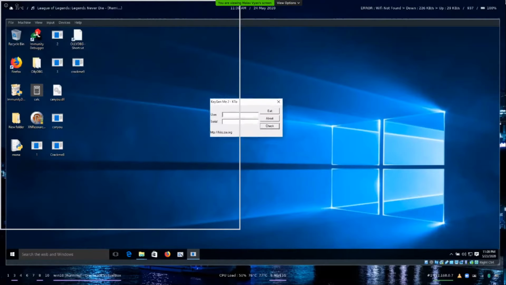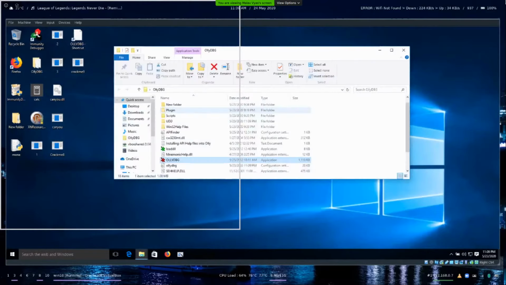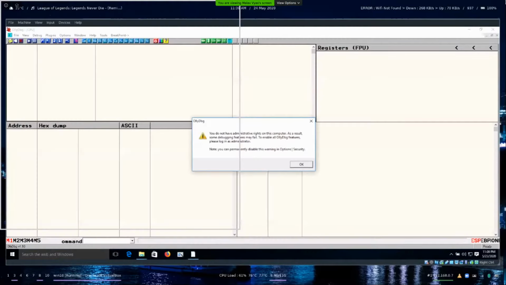It takes both user and serial. Check. It doesn't work. As always, we can call this to help.